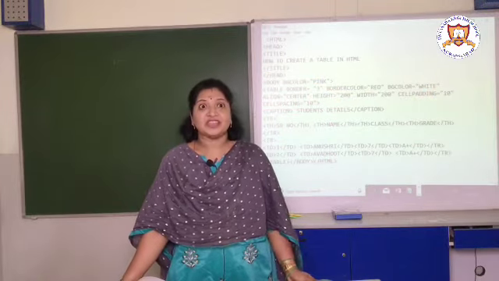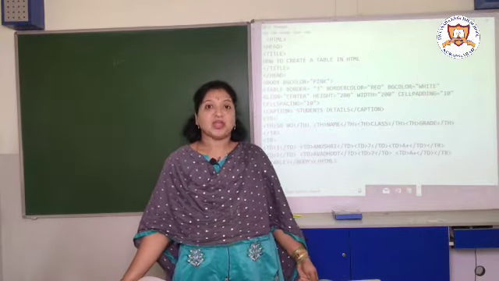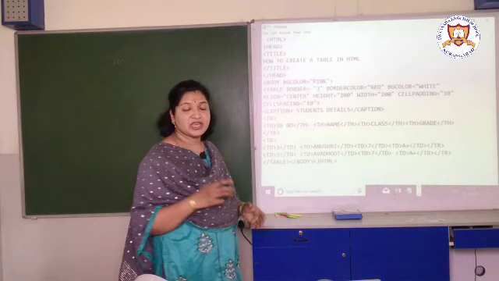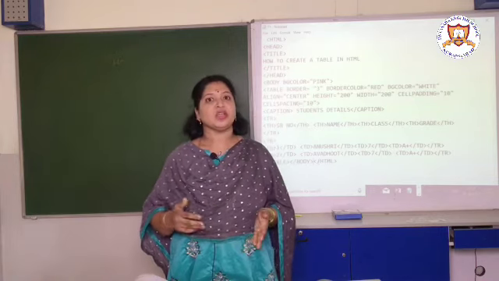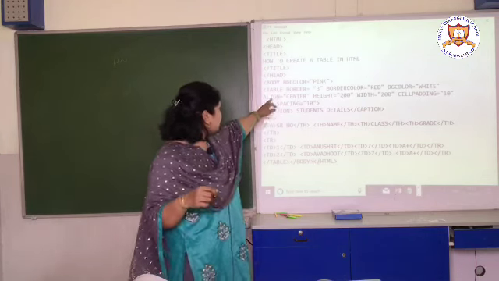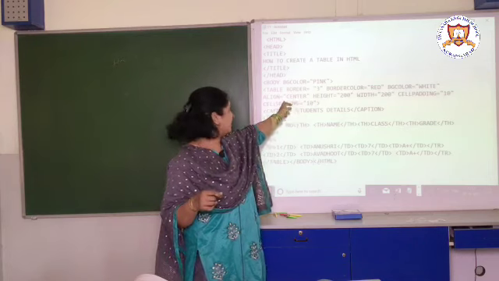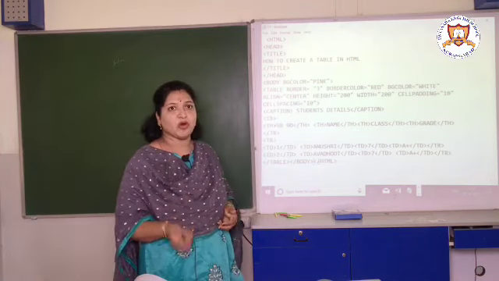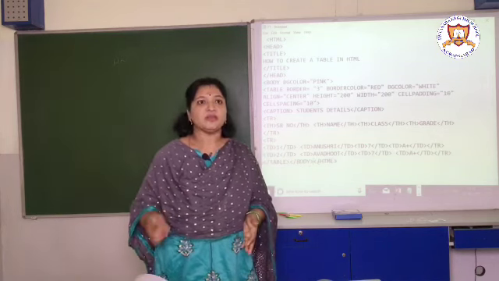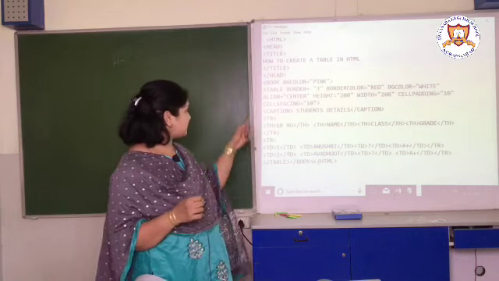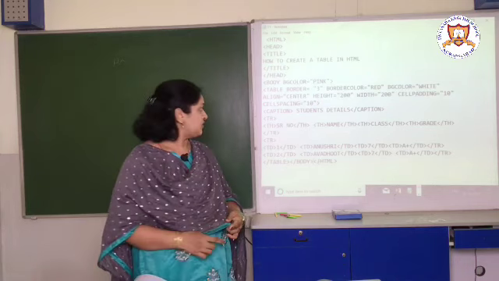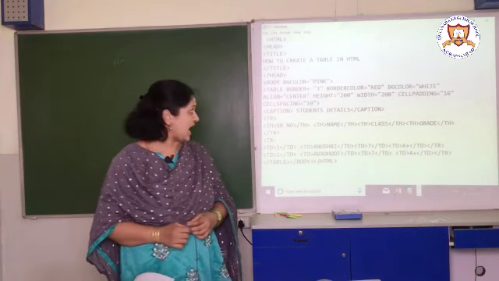So students, we have seen the different attributes of the table tag, but how to make use of those attributes in the table tag, that we will see. In the earlier table we had not made use of those attributes. Now here we can use those attributes. Here, after the table tag, the first attribute which I have used is the border. Border specifies the width of the border. Here the width is given as 3 pixels, meaning the thickness of the border we can decide by using the border attribute.